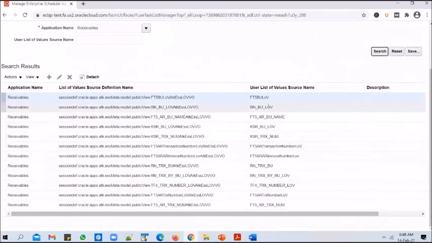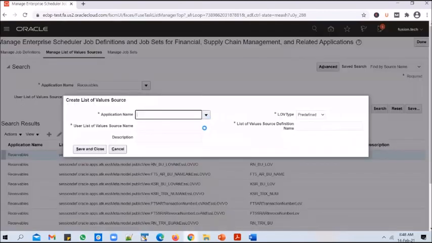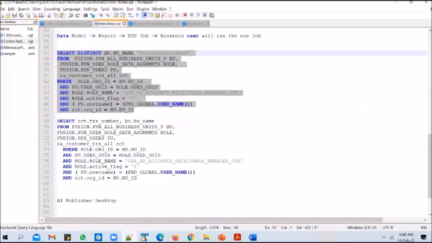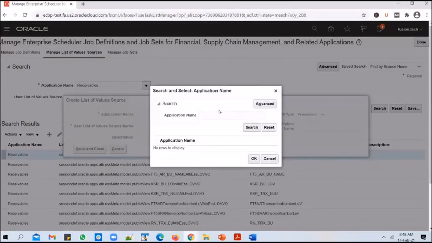Okay, so we have created LOVs earlier for many other batches, but of late what we did notice is there was some bug which is not letting us create a list of value sources. I'm not particularly sure when that gets resolved. So click on the plus icon. I'll just give one more try with this same query that has worked in the data model, but obviously it should work here.